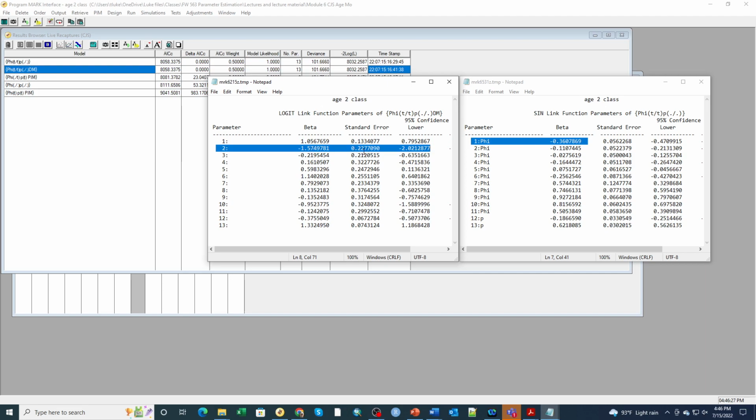It does slightly overlap with 0, so not quite significant at the 95% level, but indicates a strong effect of age on survival, okay? And we'd expect that looking at the results. And then this would be the effect of